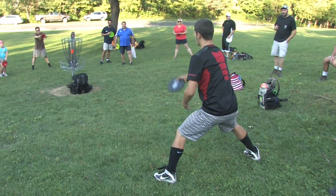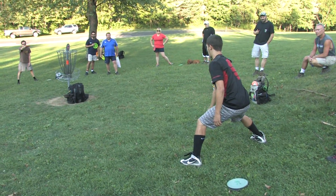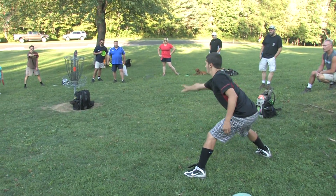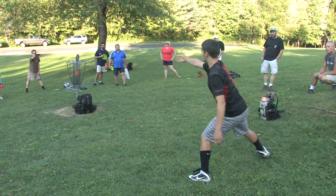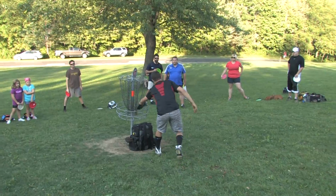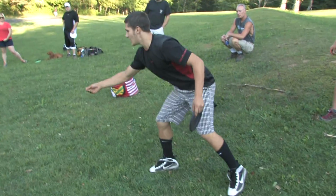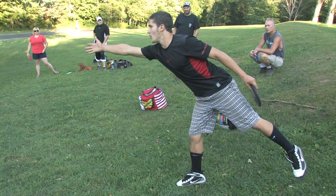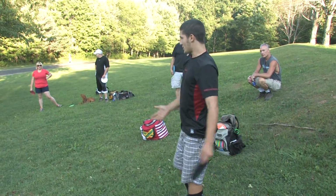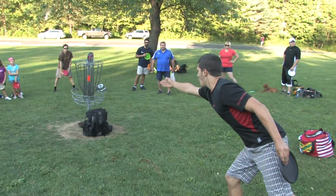Basically, an up and down motion is what you're always looking for. You line it up, come back and forth, and then have a nice high release. That's what I like to stress to people a lot, because if you're ever watching a disc golf video and you see somebody miss, a lot of times it's because they didn't extend their shot all the way through. That's about the most important thing that I could talk about, is extending your release so you're always reaching